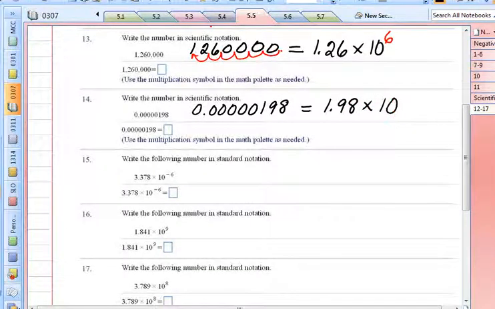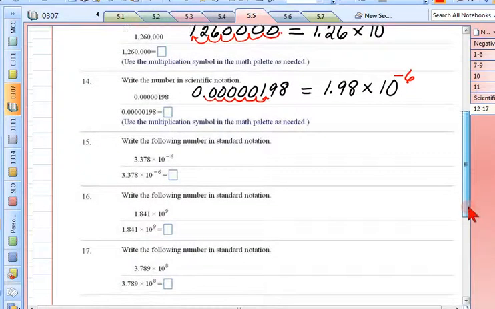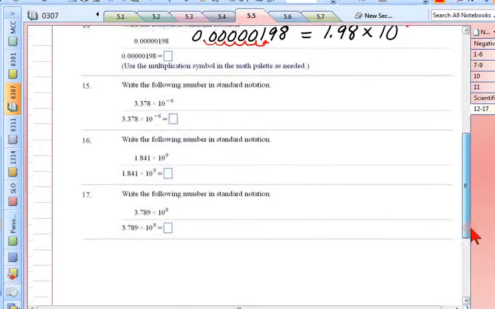And I need to count. It started out over here, and I need to go 1, 2, 3, 4, 5, 6 places. But it will be negative 6. Why? Because it's a tiny decimal. Is that okay? All right, now we're going to practice a few problems where the problem starts out in scientific